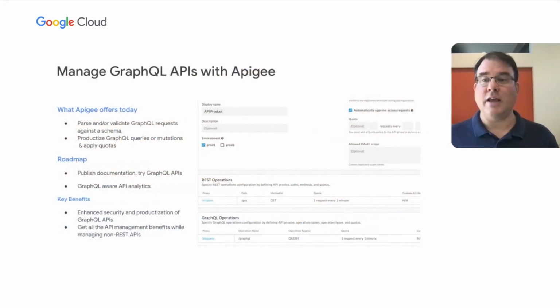Same thing with GraphQL. If you just put a GraphQL API in front of your core data and give access to developers to get at it directly, then you have to have some trust in your developers that they're not going to execute queries that cause performance problems or security problems or compliance problems. So if you have something sitting in front of that GraphQL API that's able to look at the queries and make decisions about what's allowed and what's not allowed, I think it makes it easier for an enterprise to be okay with the idea of using GraphQL for critical data. Awesome.